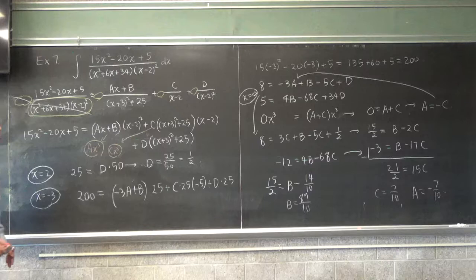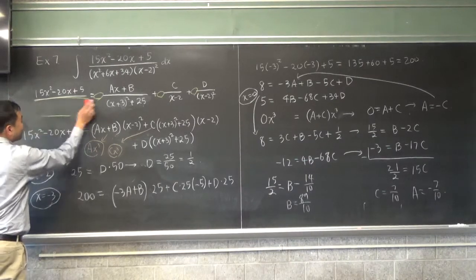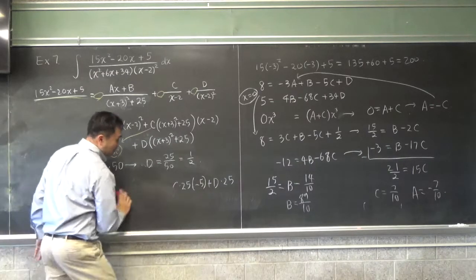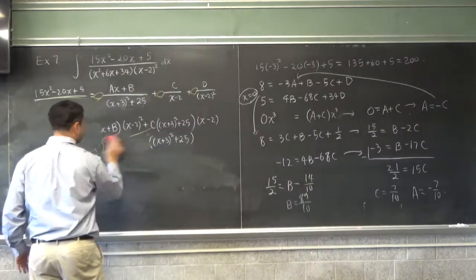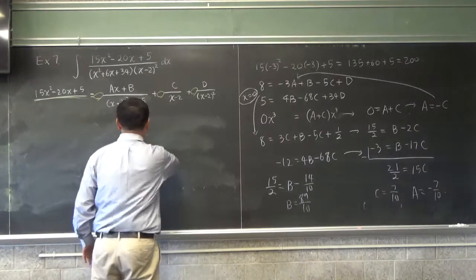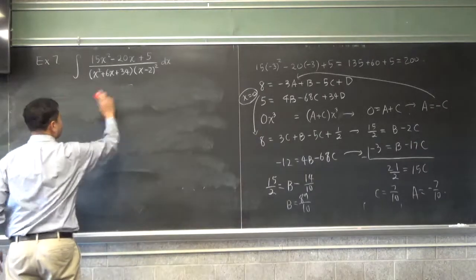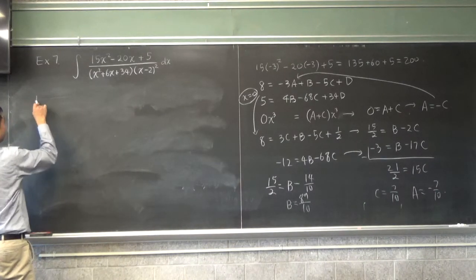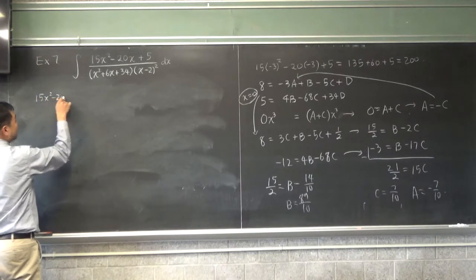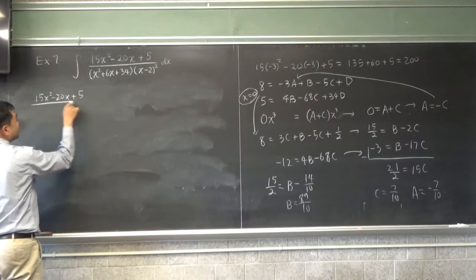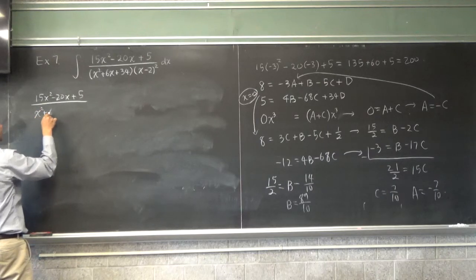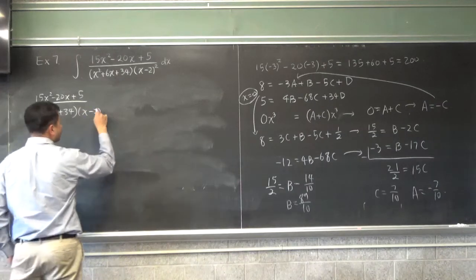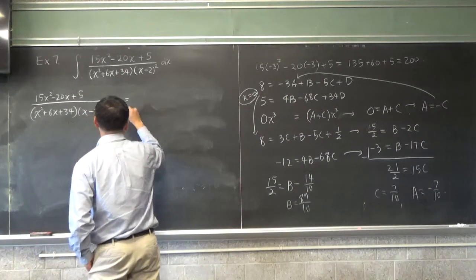No, this was just to get the partial fraction expansion, and now we have to do the integral. Let me just delete everything. Okay, so here's what we wanted to do. We wanted to rewrite 15x squared minus 20x plus 5 over x squared plus 6x plus 34 times x minus 2 squared equal to,